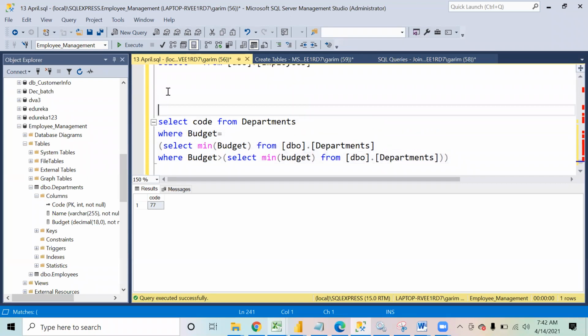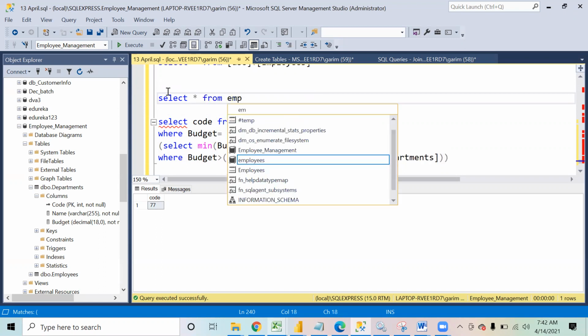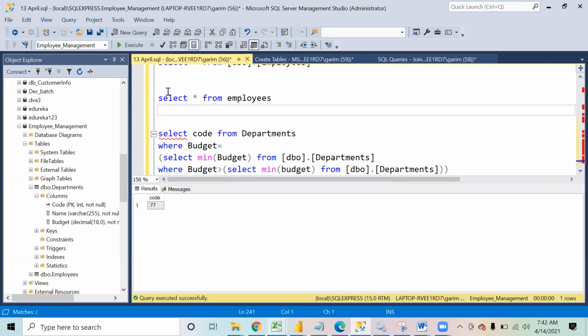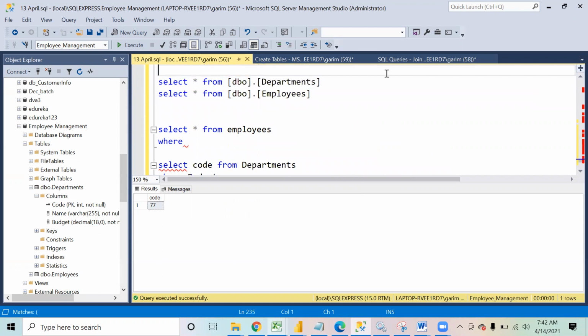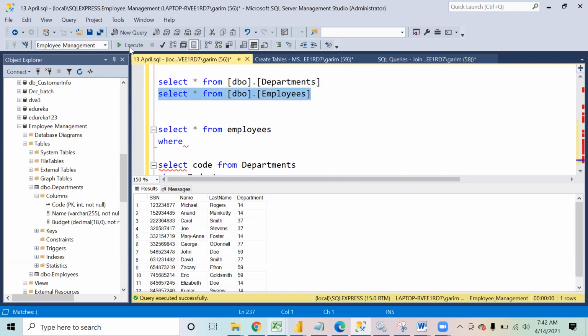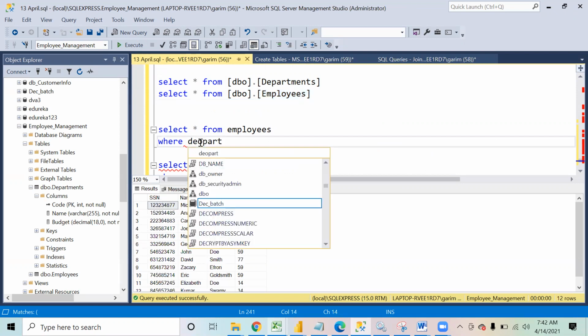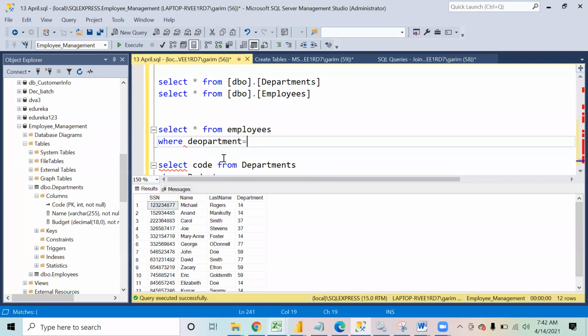Now I have to pick up the employees: select star from employees where, what's that column name, where department is equal to this.